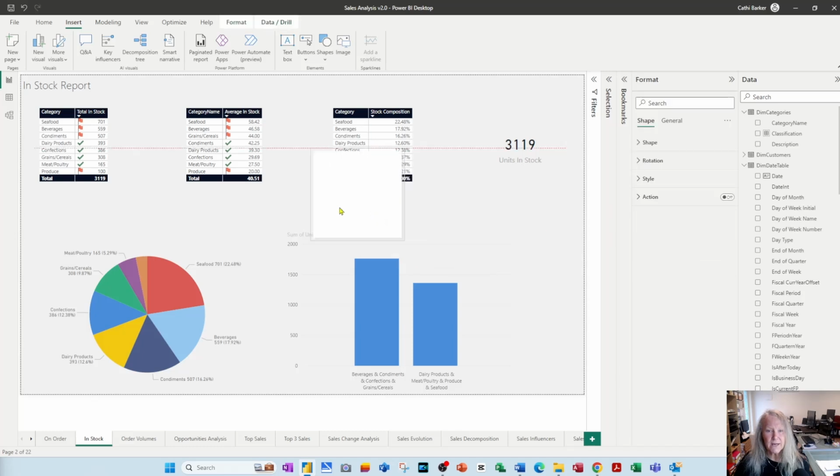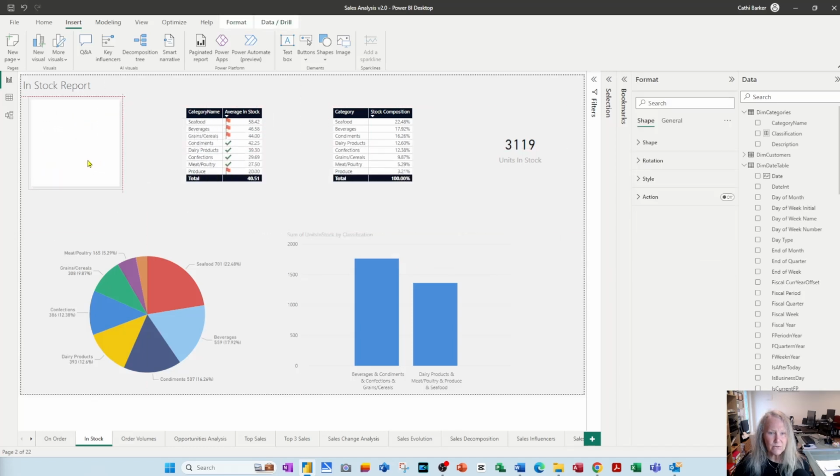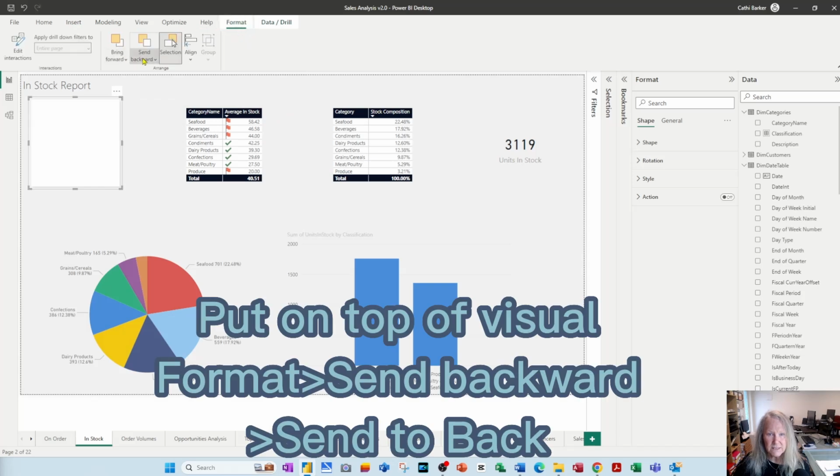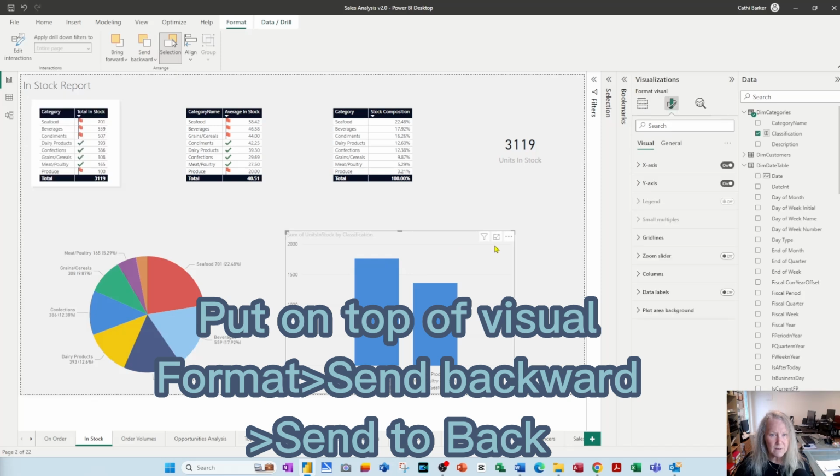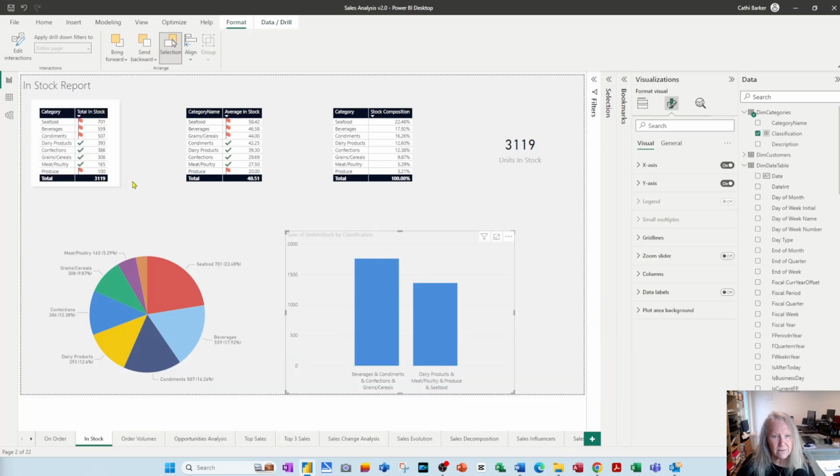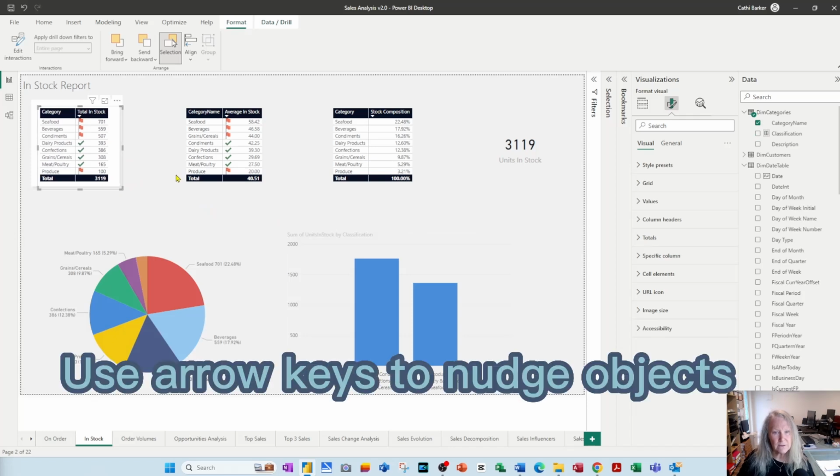Then I'm going to drag this and pop it on top of this visual. I'm going to go to format and I'm going to send it to the back. Might take a little while to wake up. But there you can see it's sitting behind that now. And you can click on it and just arrow it over a little bit. All right,